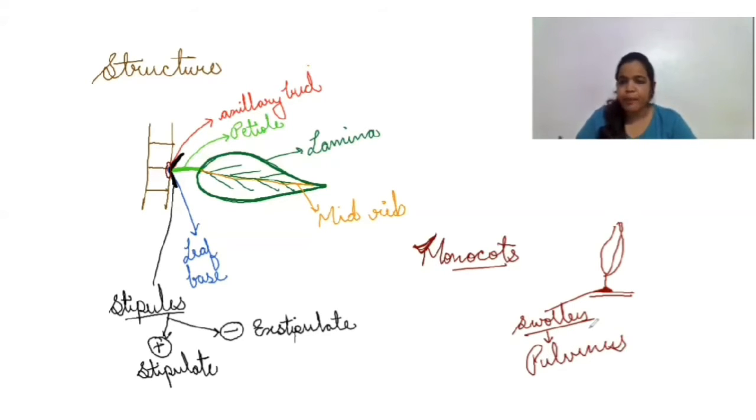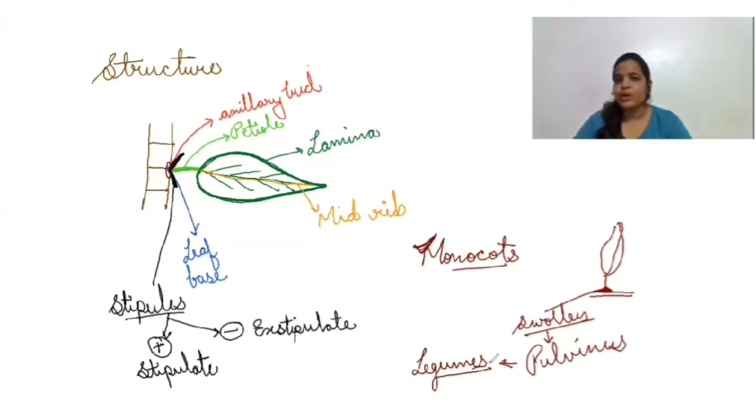Pulvinous. The leaf base becomes swollen and it is known as pulvinous, and it is specifically found in plants like legumes. Now legumes, what are these legumes, guys? I'll give you simple examples. All the dals which we eat like arhar, moong, rajma, etc., even the groundnuts, they are all pea plants. These all are the leguminous plants, and they have these swollen leaf base. So this is a characteristic feature of the legume plants. The term is pulvinous. It is one important point which is given in your NCERT also.